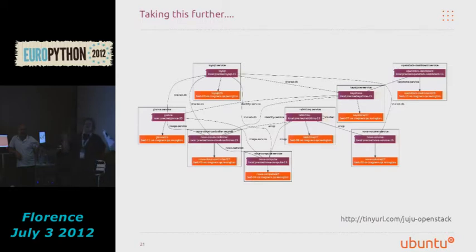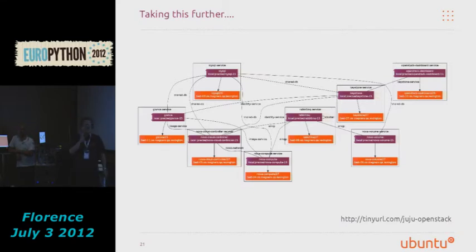So the Summit charm is quite simple. Three tiers. We can scale up some of those tiers. We can't scale up other ones of them. So at the moment, the PostgreSQL charm, you can't scale out. It's very much single deployment. The memcached one we can. We can't scale the Summit charm itself at the moment, although there's work ongoing to put Nginx in front of that to be able to allow that to scale horizontally as well.